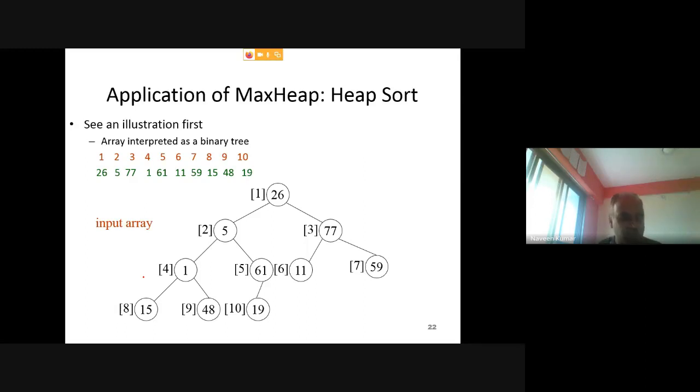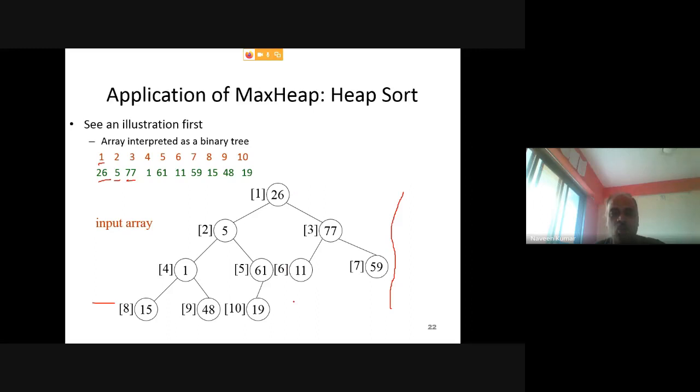So heap sort we are implementing using max heap. Consider this is your input array. In complete binary tree form, it will look like this. These are the elements. First element is this, second element is this, and elements are stored from index number 1 onwards. There are total 10 elements.